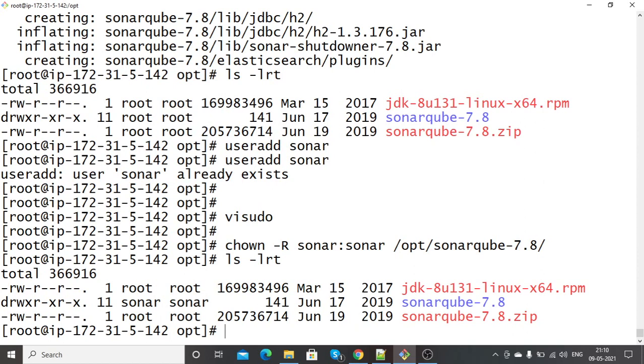Now you can see the user and group is Sonar.